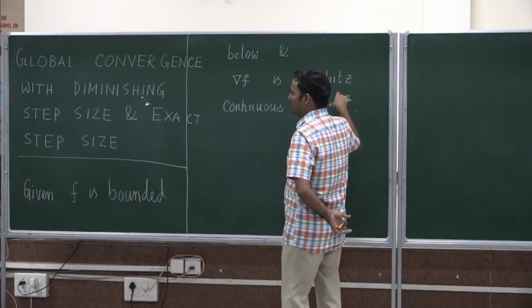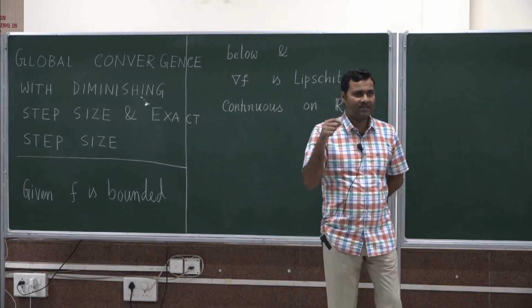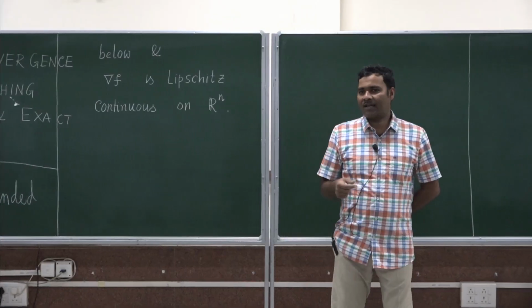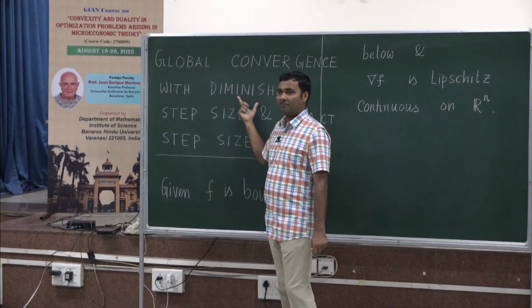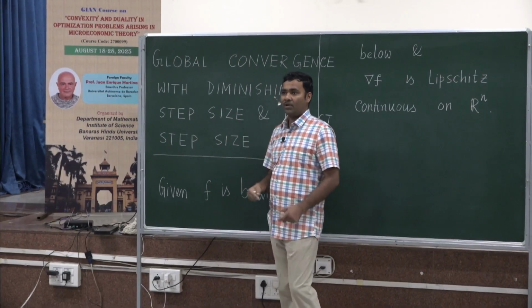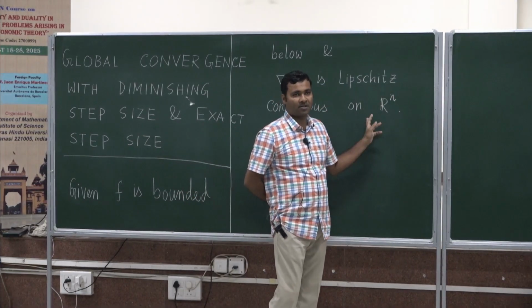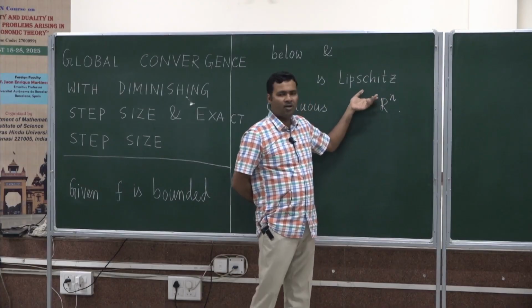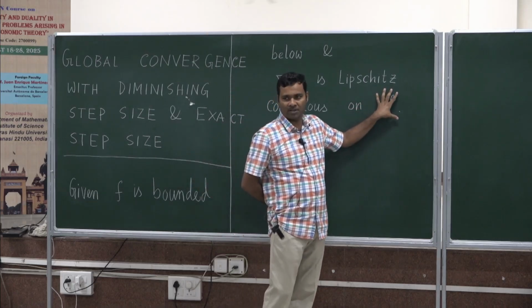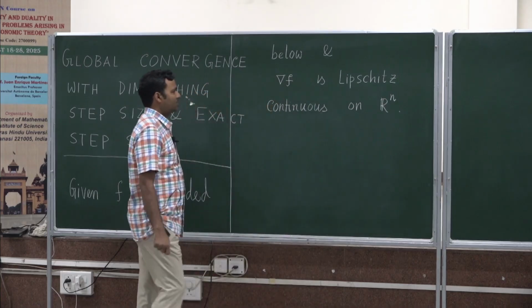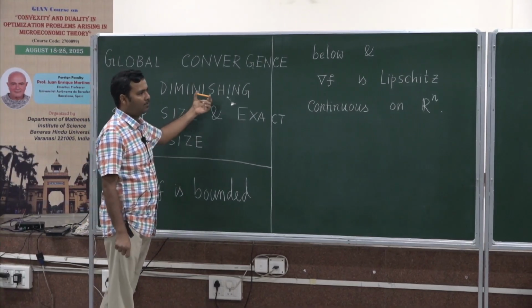Commonly we require this in the initial level set L naught, where f(x) is less than or equal to f(x naught), but here, as this diminishing step size rule does not always have the descent property, we require this Lipschitz continuity inside the entire domain of the function. Here we are loosely considering the domain as R^n, but we can replace this with the domain of the function. Fine. Well, so under these two assumptions, next we consider the step size rule determined by this diminishing step size, that means we now consider the algorithm